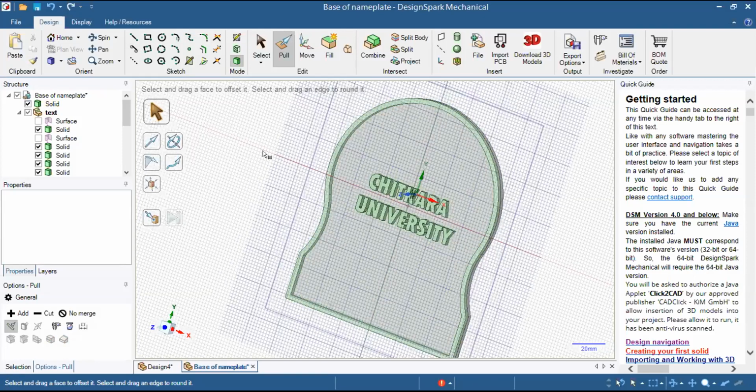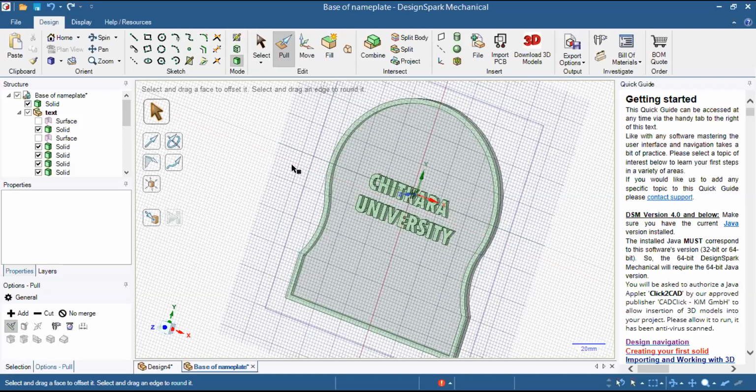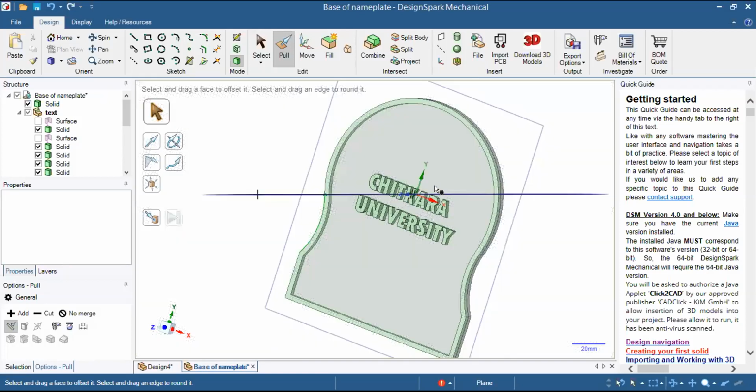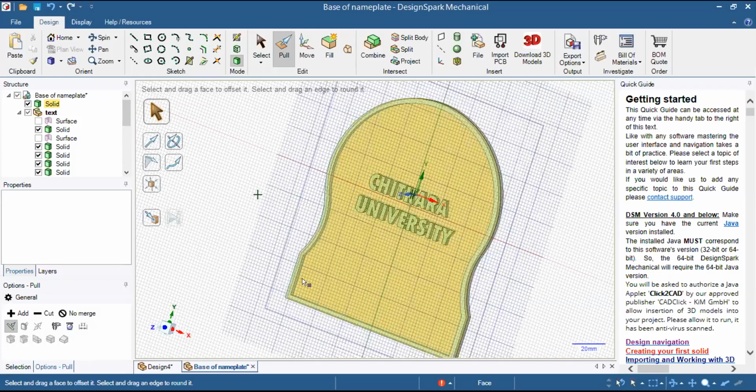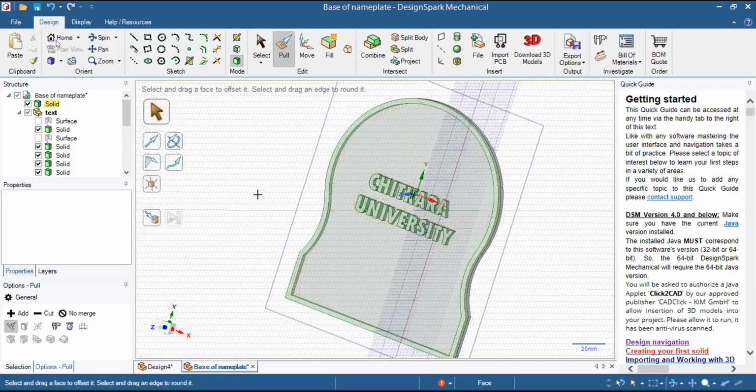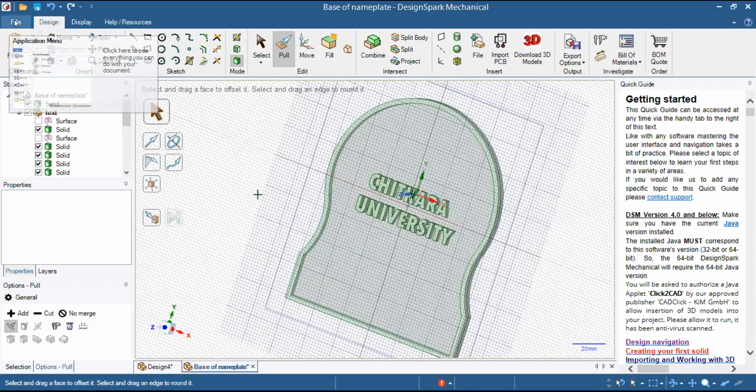Yes. Actually, there are a couple of queries I have received. People are having doubt regarding the mirror. I think that is one command which people are finding useful. Even I am finding it very useful. So I think you can repeat that a little slowly. Only till the sketch part. No need to do the pull part. Only the sketch, you can repeat it a little slowly.